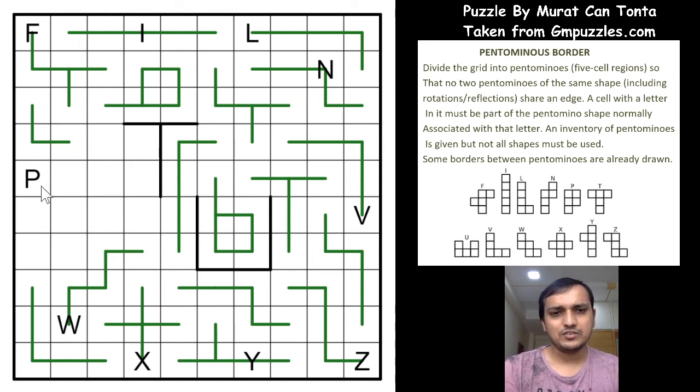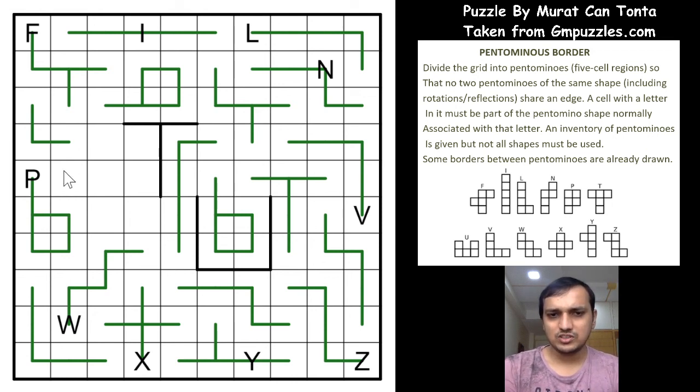Now what happens if this cell is a part of the P, right? If this cell is part of the P, you have only a few combinations that will make this pentomino work. One is this, but this won't work because one cell is stranded, right? Other is this, it also won't work because these 3 cells are stranded and it doesn't form a pentomino. And other one is this, again one cell is stranded. So if you see, this cell is not part of the P and it has to go down, and only one way to make that work is this.